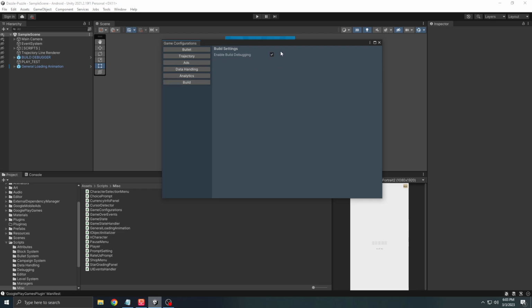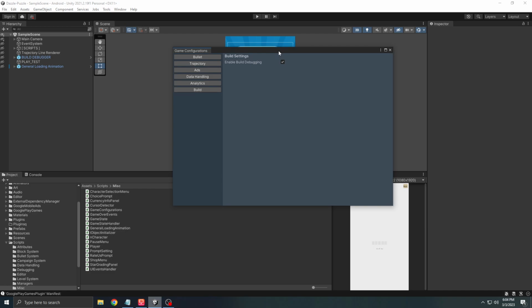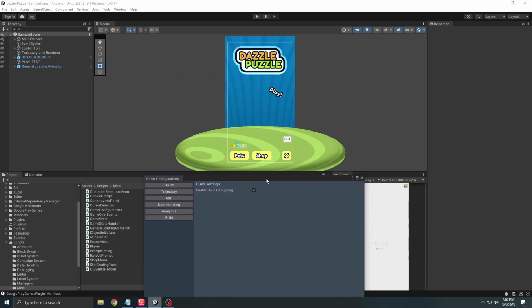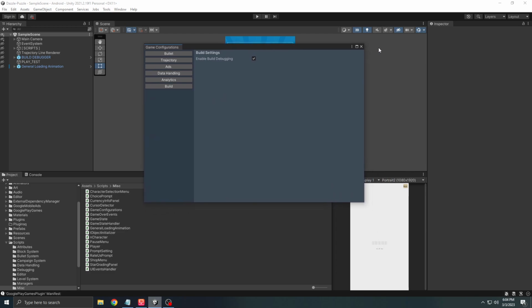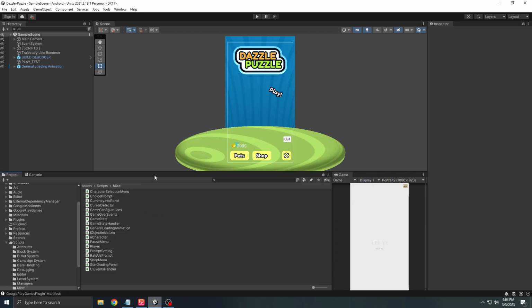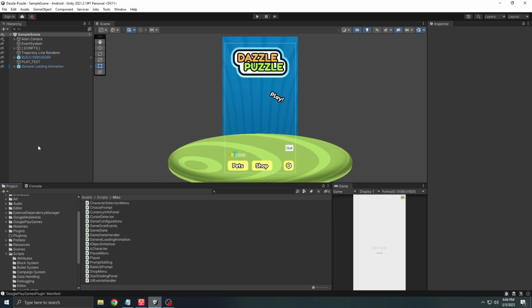And in the build settings, there's only one option, so enable build debugging. So that's the log terminal. If you have this enabled, you can look at real-time logs in the build version. That's all for the configurations window, and let's look at the list of things that I needed to do for